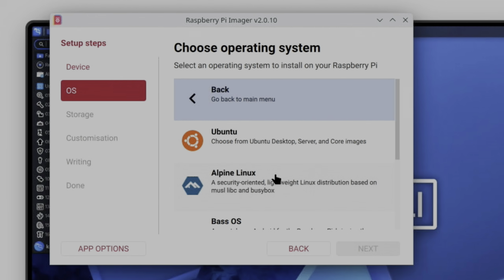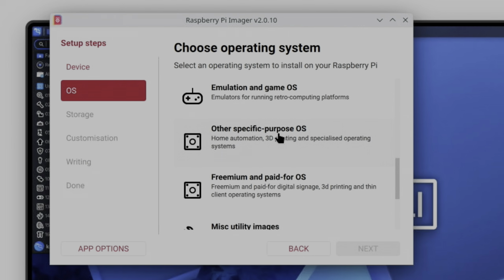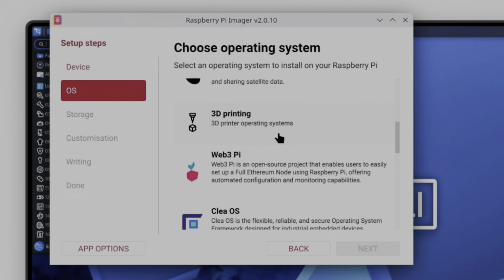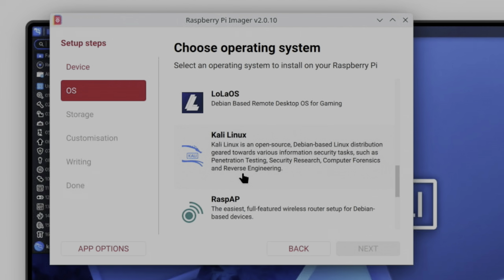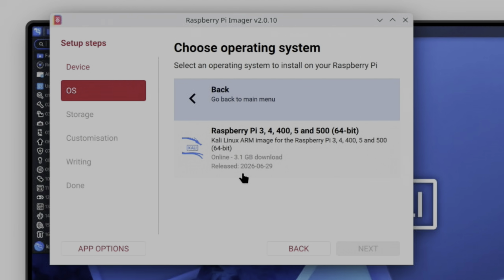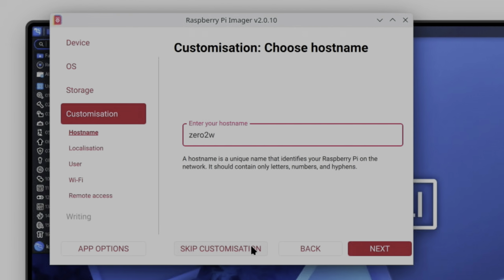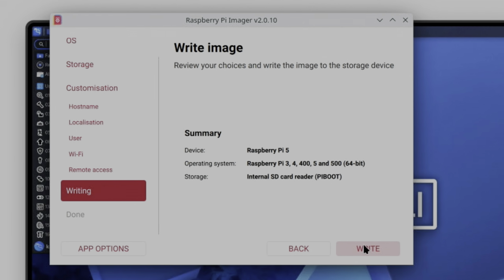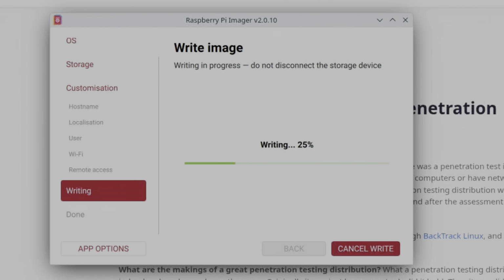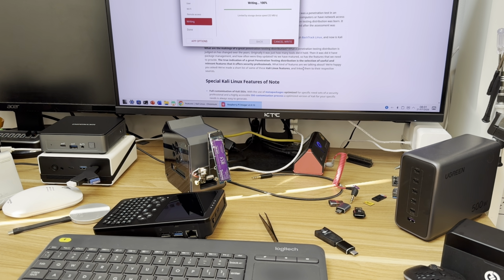So other general purpose OS. So it's not on that one. Other specific purpose OS. There it is. So Pi 3, 4, 400, 5 and 500. 3.1 gig download. That's my 64 gig card. I'm going to skip customization and write the image. Okay, that's just finishing writing now. I'm going to skip verification